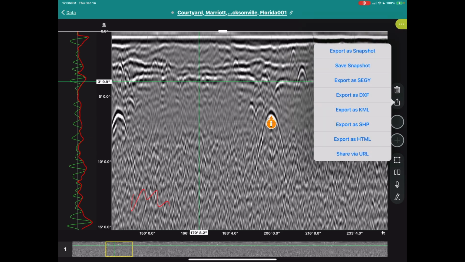So quickly going through the exports. Export a snapshot will grab a screen grab of what you're currently looking at and immediately open the share sheet so that you can text, email, or use any other application that you may have on iPad to send that image to somebody else. Save a snapshot will send the snapshot to the logbook. Export as SEG-Y will export the raw GPR data and GPS information so that you can use that in post-processing